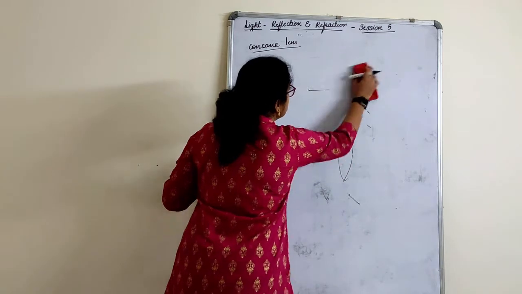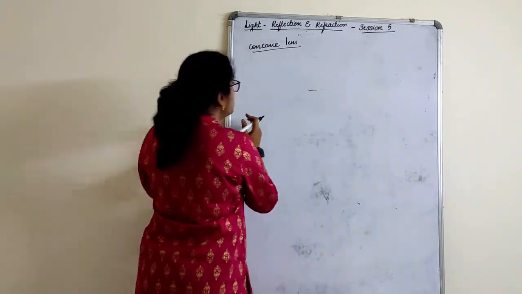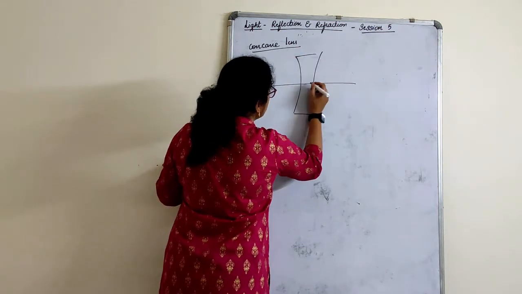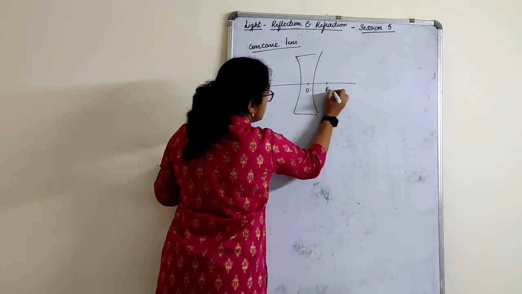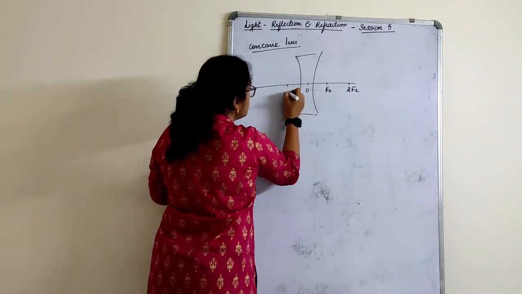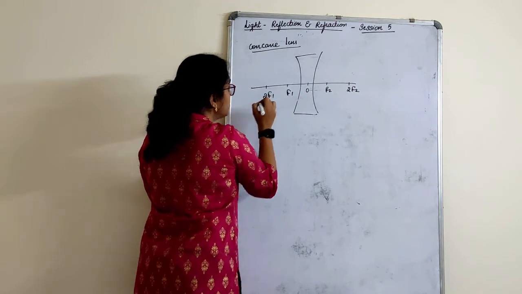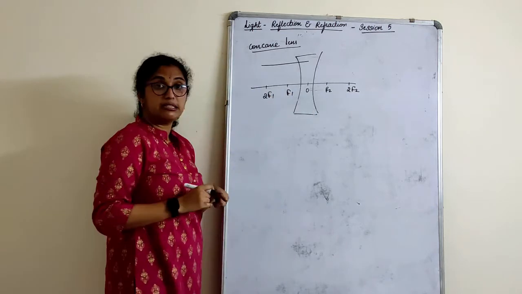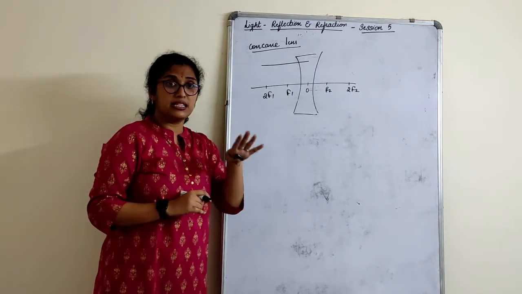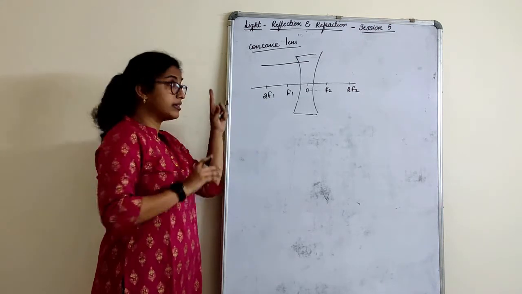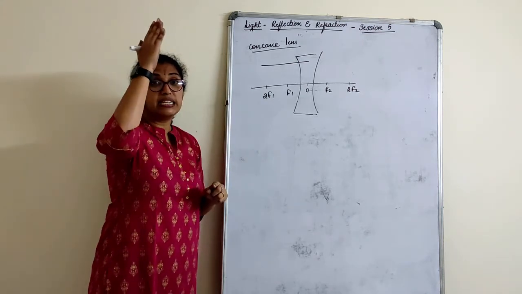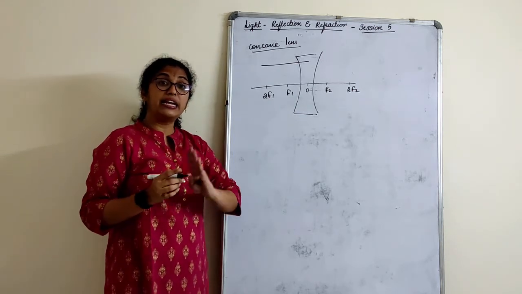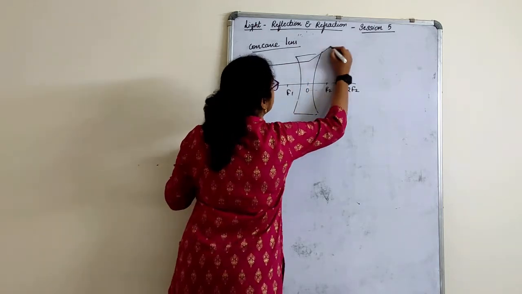Okay? So, concave lens, rules for ray diagram. We have a concave lens here. So this is optic center. This is F2, twice the F2. This is F1, twice the F1. So any ray which enters the medium, the lens, will pass through the lens and go. It will not deviate there only like a mirror. It will pass, but the rule is it is entering a lens, that means it has to refract. Refract in what way? In a diverging way. It will diverge.